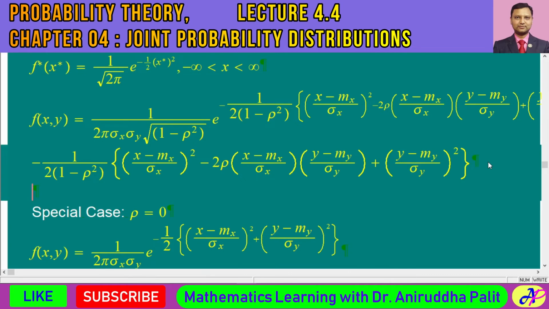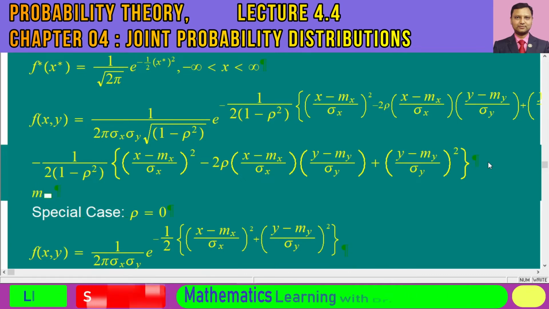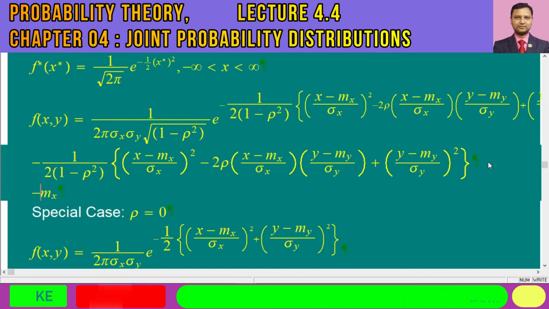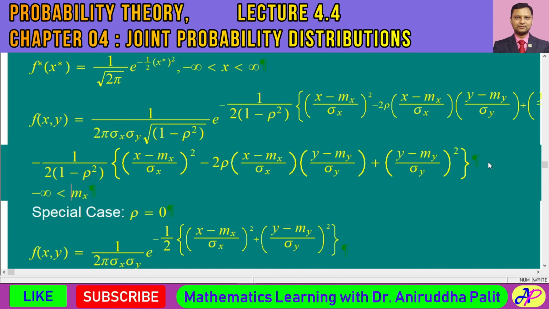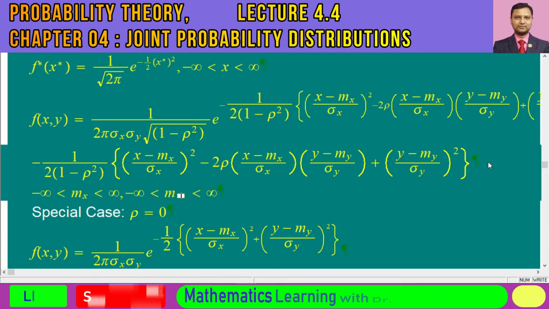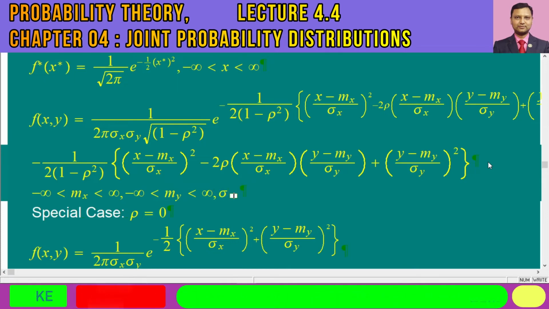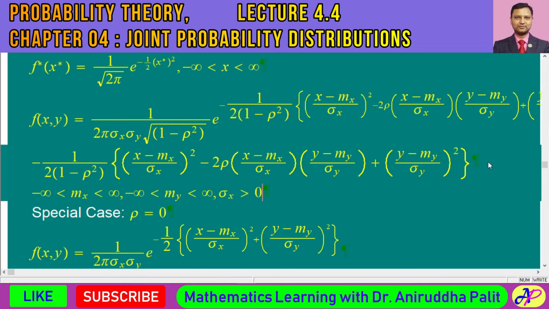So we can say that mx may become anything from minus infinity to plus infinity, similarly for my, and then sigma x would be greater than 0,